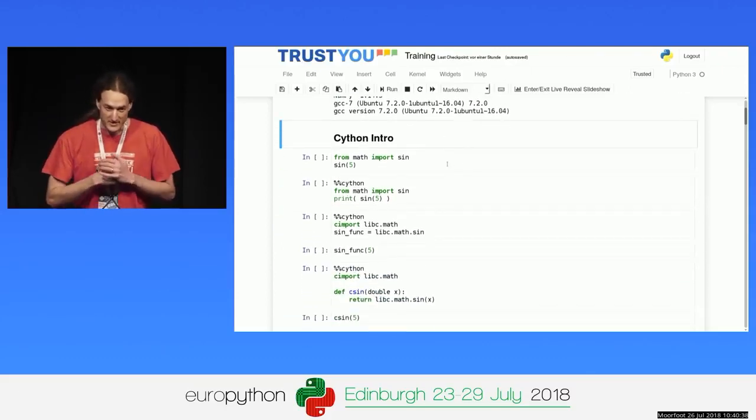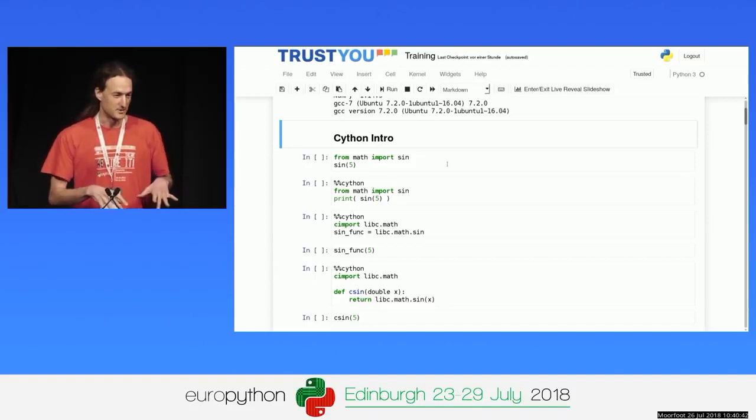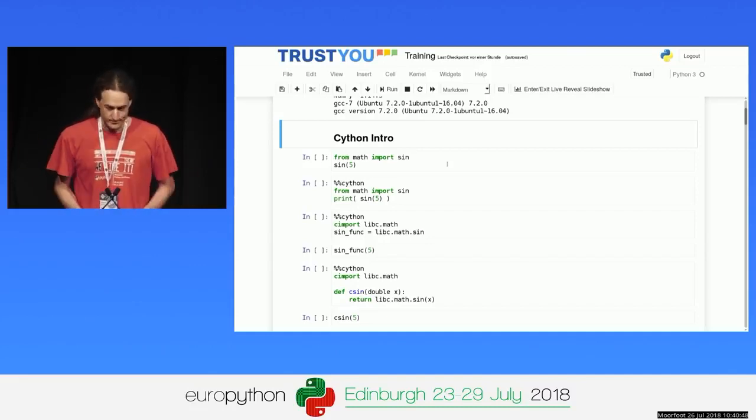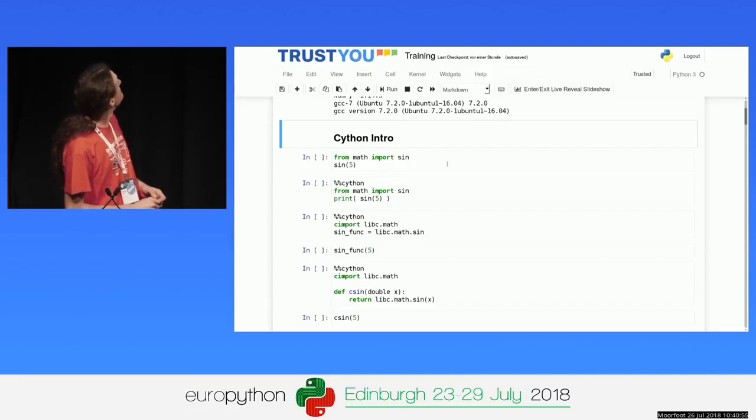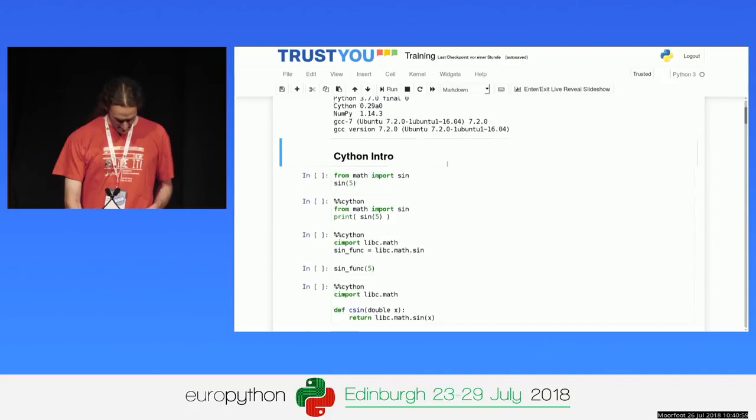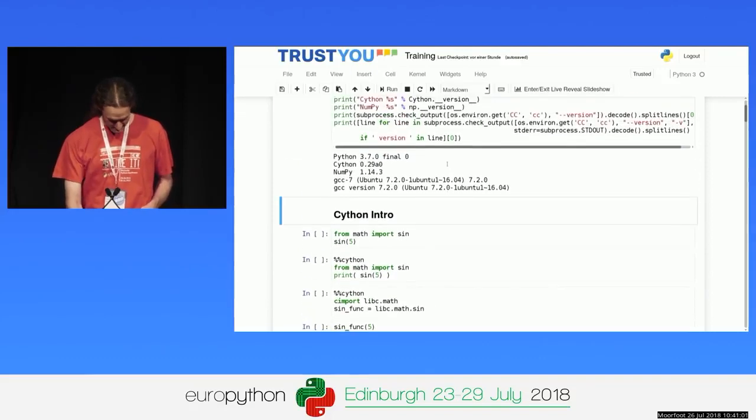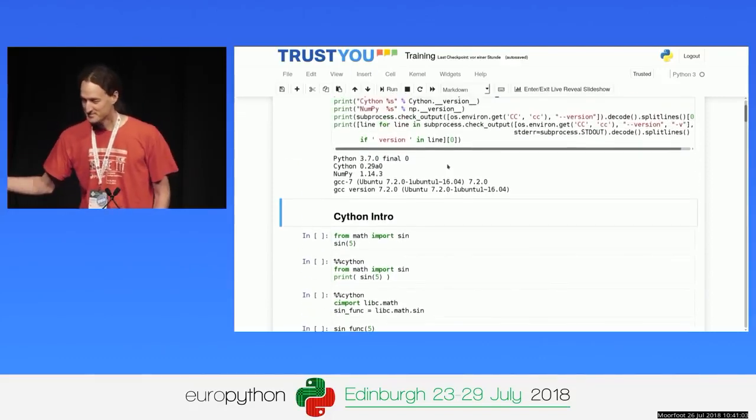An important bit to understand is, in Python, when you write Python code, you write a module, you save it, you say Python import, and it just imports and runs. In Cython, yeah, we see that your Cython version is 0.29. Does it mean it's still a beta version? It's an alpha version. Oh, you mean 0.29? Yeah, the 0.29 part.